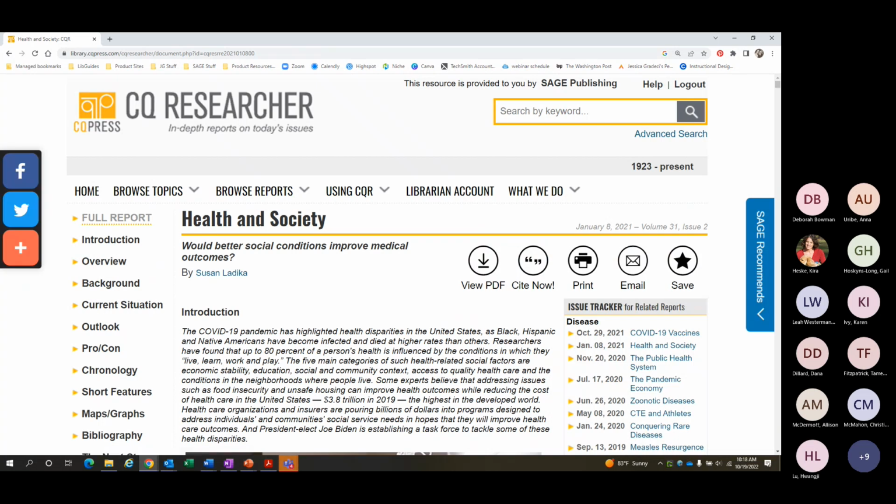So this report looks at social conditions as they relate to health and medical outcomes. Every report includes a title with a great concise question that will really help readers frame the report and give them a kind of guiding thought as they read through the various sections of the report. And then by the end, students or readers should feel able to answer the question. In this case, would better social conditions improve medical outcomes? And all of the content they're going to read in this report is going to help them answer that question